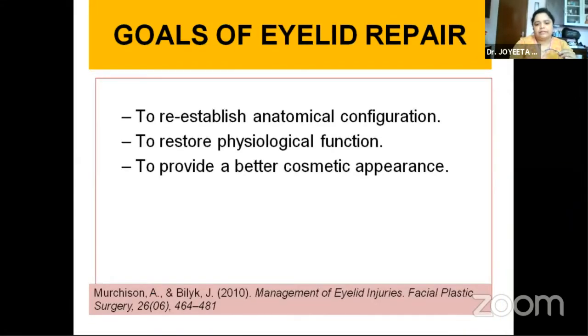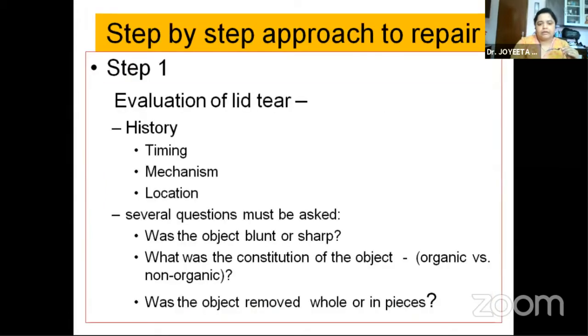So the goal of eyelid repair is to establish the anatomical configuration, to restore the physiological function, and to provide a better cosmetic appearance. We will have a step-by-step approach of lid repair. First, we have to evaluate the lid tear, and take the history of timing, mechanism, and location. We should ask questions like, was the object blunt or sharp, whether it is an organic or a non-organic metallic object or not, and if it is removed,